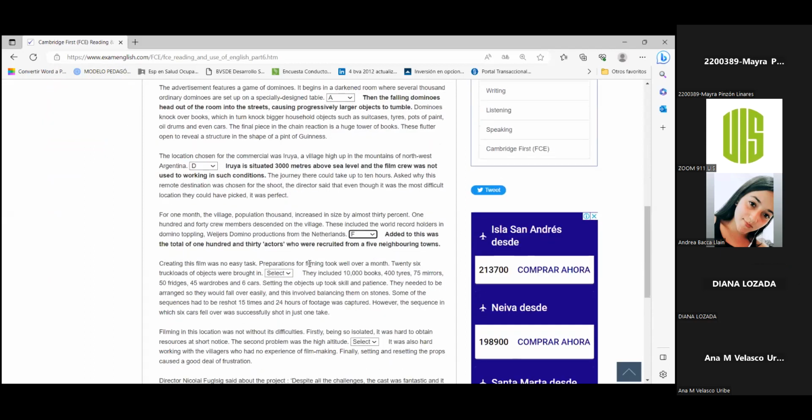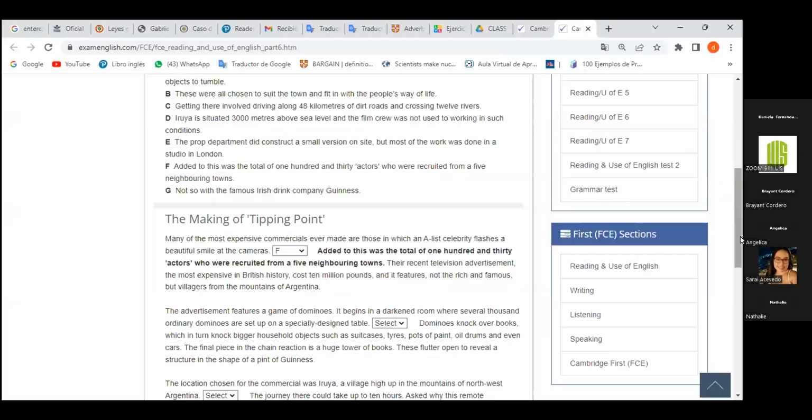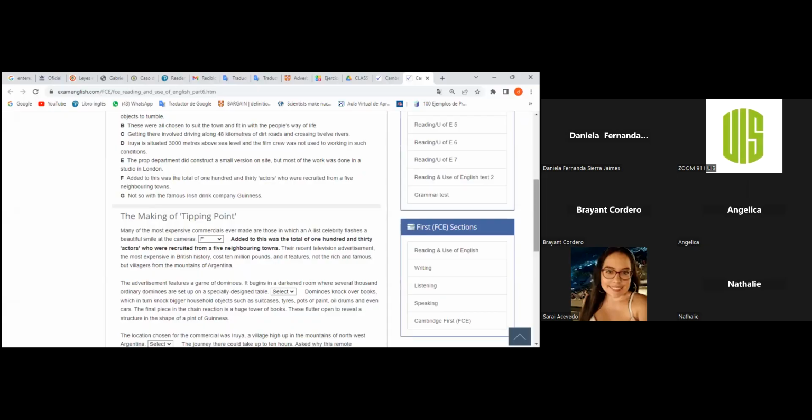They're talking about the process of the filming. So, the prop department did construct a small version on site. Sorry, in English, are made. It says, many of the most expensive commercials ever made are those in which an A-list celebrity flashes a beautiful smile at the cameras. Because, sorry, if we change option B, maybe